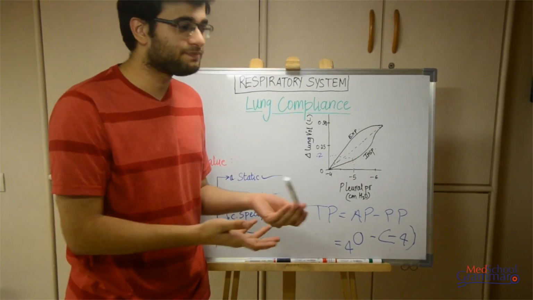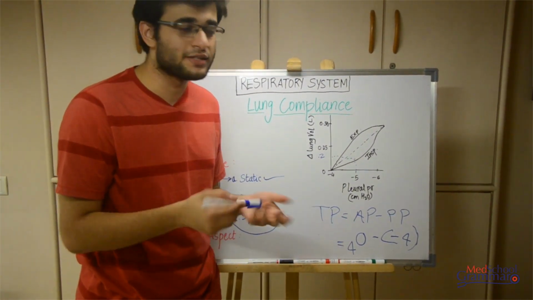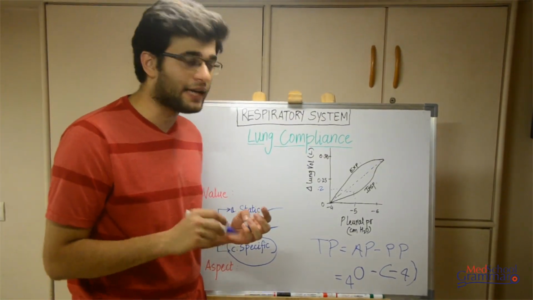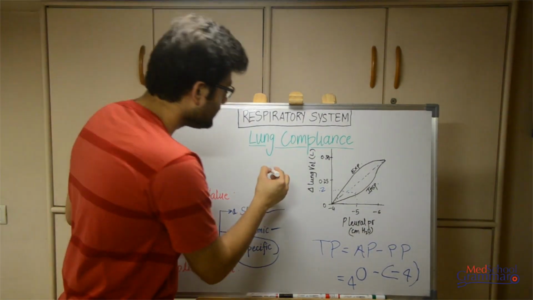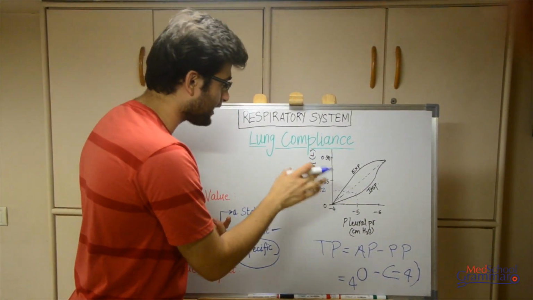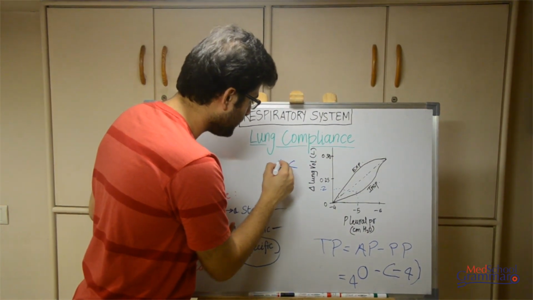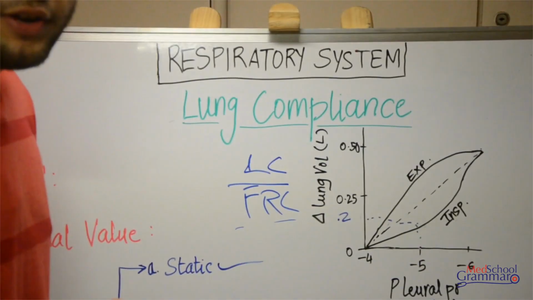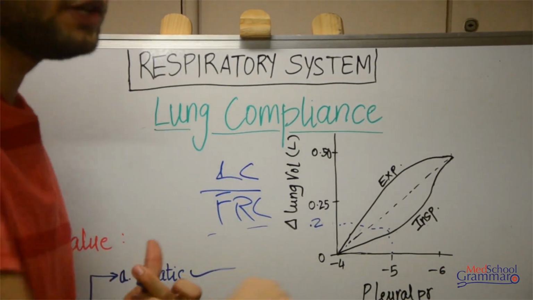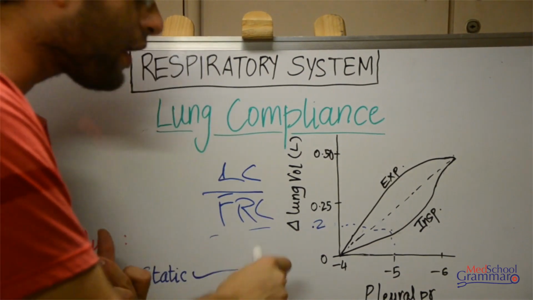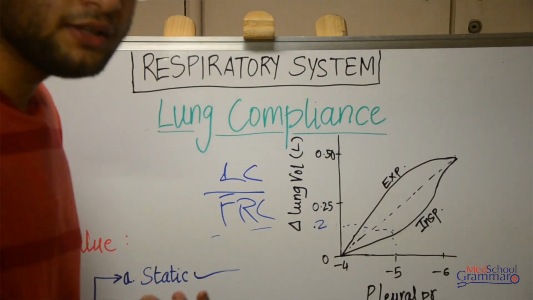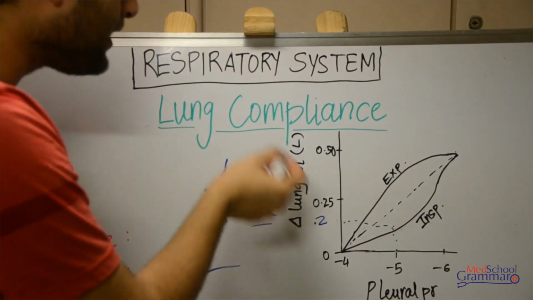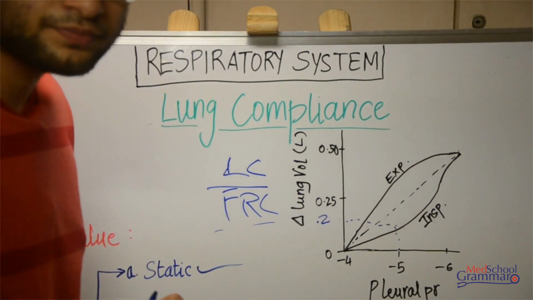That is not recommended, and it's more tedious for us. So what we do is we calculate specific lung compliance, and specific lung compliance is calculated by a formula where the lung compliance that is calculated is divided by FRC. FRC, as we saw in the earlier video of lung volumes and capacities, is the functional residual capacity, and the functional residual capacity also depends upon the lung volume and also the lung size. So if there's a change in lung compliance, there's a change in FRC also.